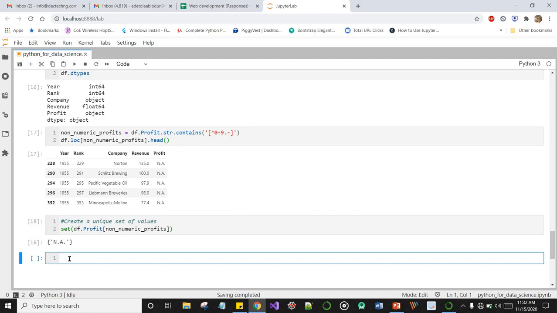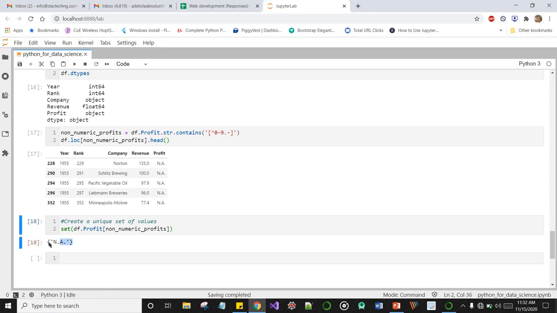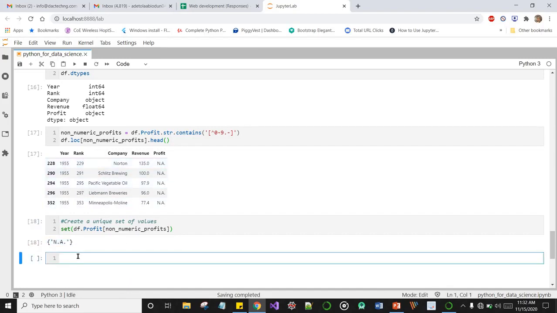And another question we would like to ask ourselves is, okay, fine, I have NA as a unique value in my profit column, but I don't know how many of this NA I have present in the profit column. You would have guessed that to get the number or length of something, we would use the length function, right? Cool.